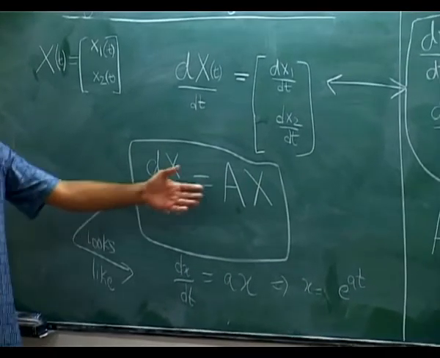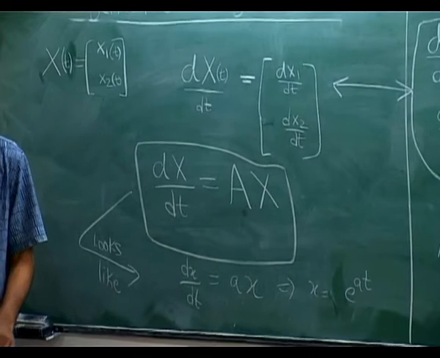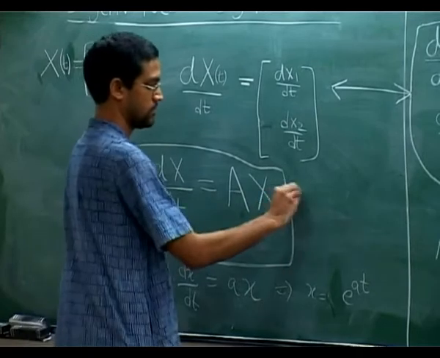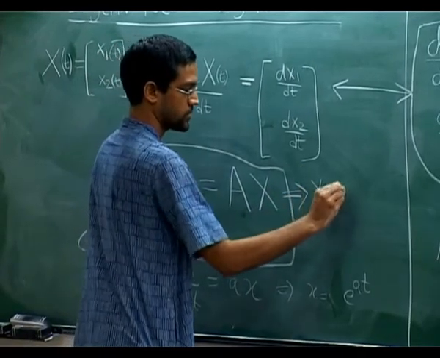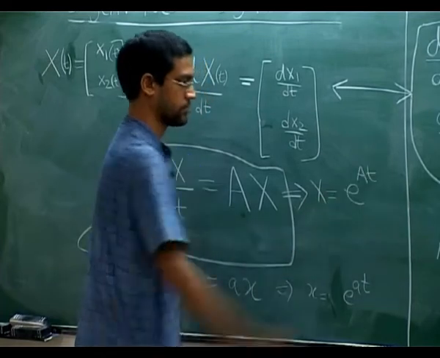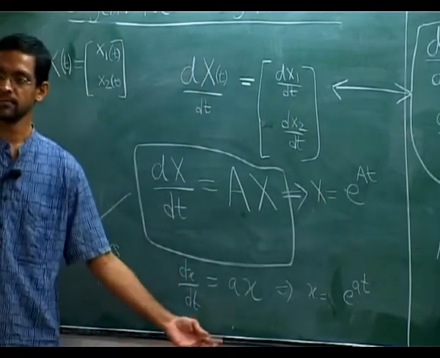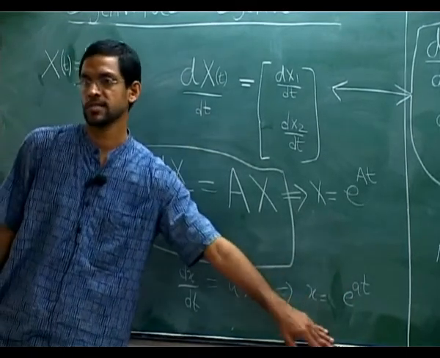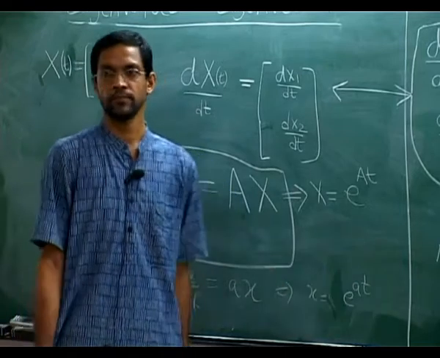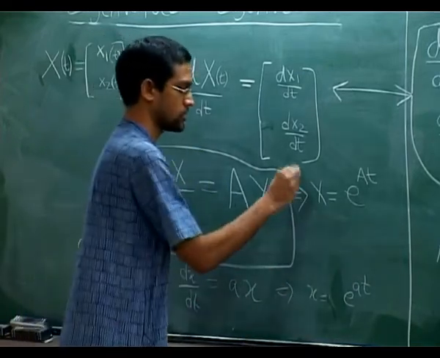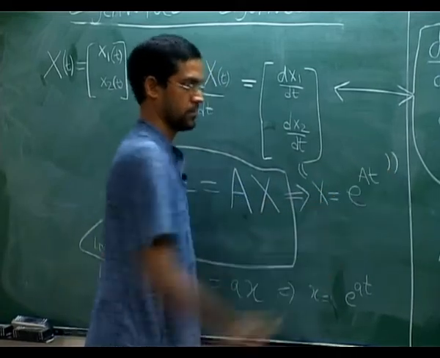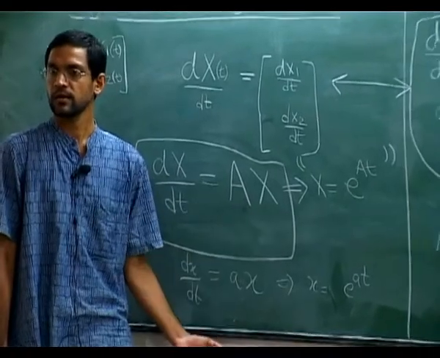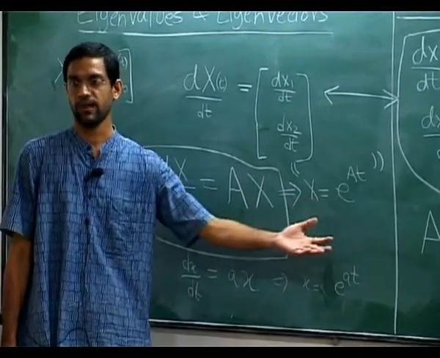Now if you have a matrix, the question is, can I just use the same thing? Can I just say, for example, that this is e to the at? Here a is a number and I am talking about e to the at. I understand this, it's the exponential function. Here I'll put this within quotes. This is what I would like to say, x is e to the at, because the form of the equation looks very similar. This would be, of course, the best thing to have.